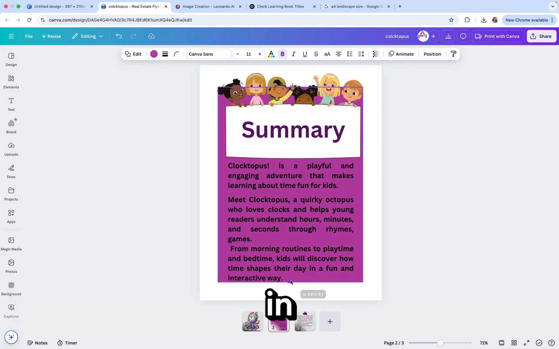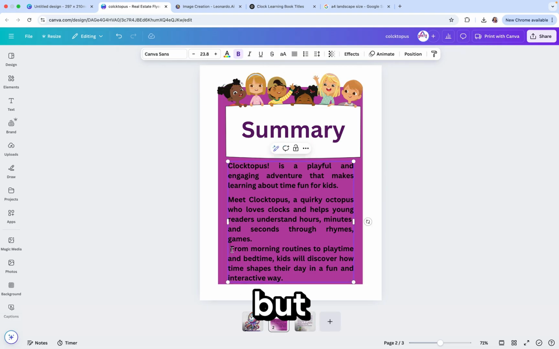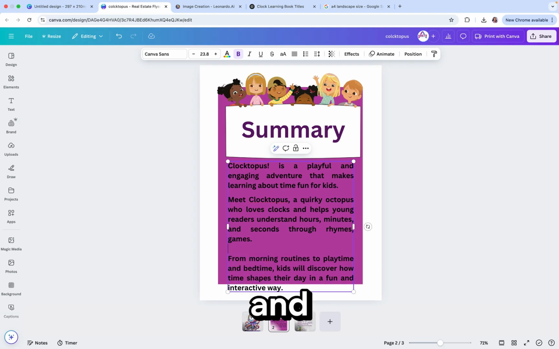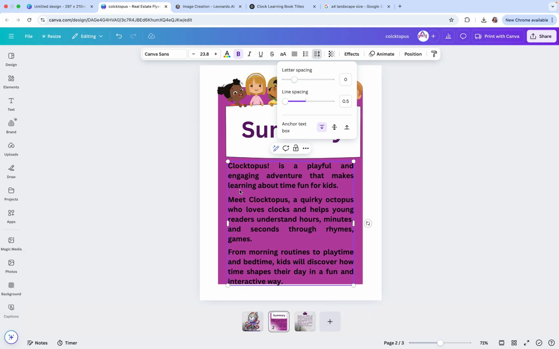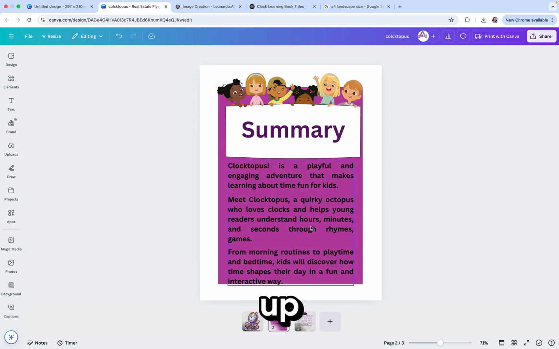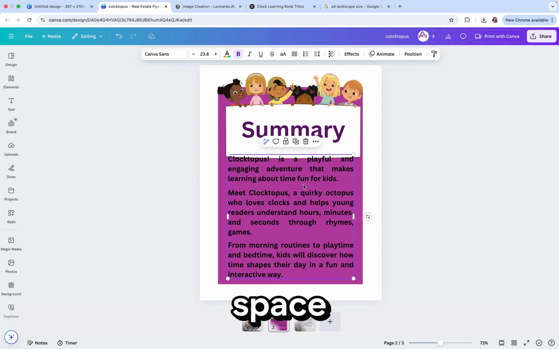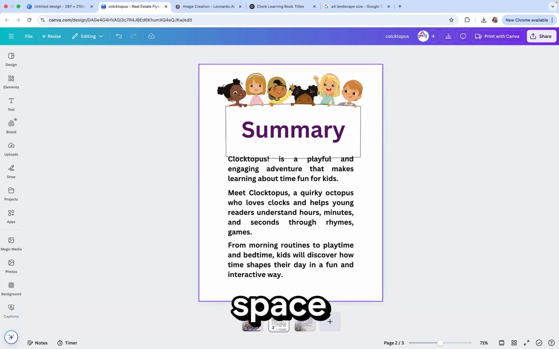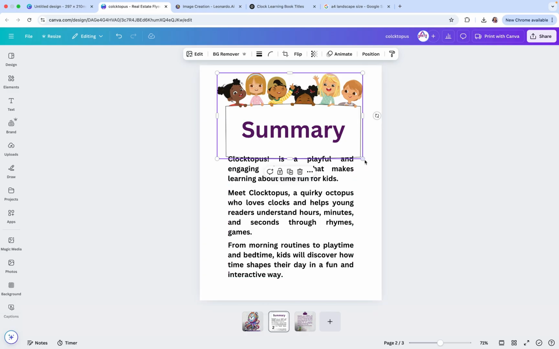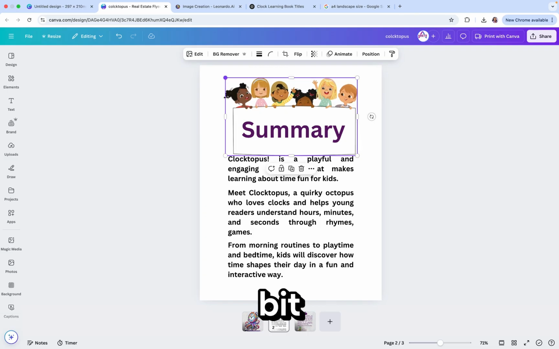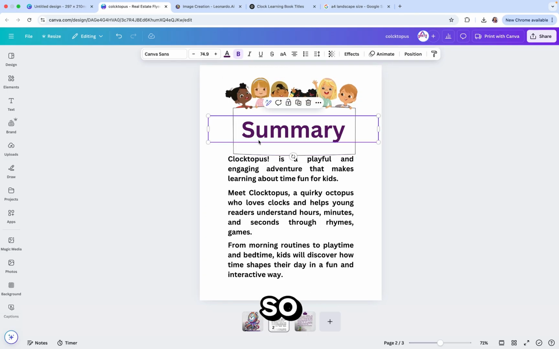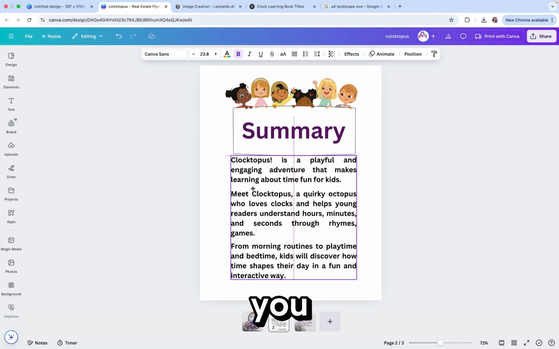I think we're okay in terms of our space. I think we still have a lot of space. This is just me being overly cautious, but we still have a lot of space, and I can just again bring this, make the space, you know. Yeah, so I think the summary kind of took up a lot of space, but we still have a lot of space. I can just reduce this a bit, okay. Yeah, and so you can also always check, you know, by